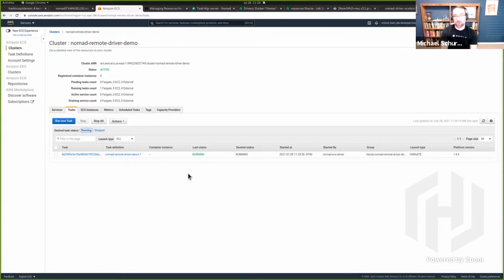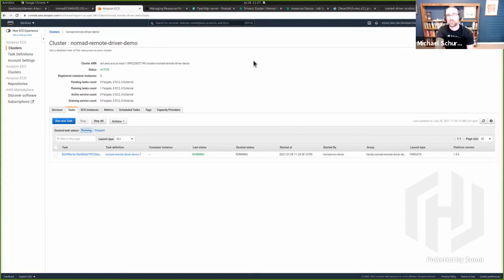Because if we drain the Nomad node that this ECS task is running on, there is no reason to interrupt this ECS task. It should just keep running. It does not care that the Nomad agent monitoring and managing it is gone. It can keep running and a new agent can take over managing it.